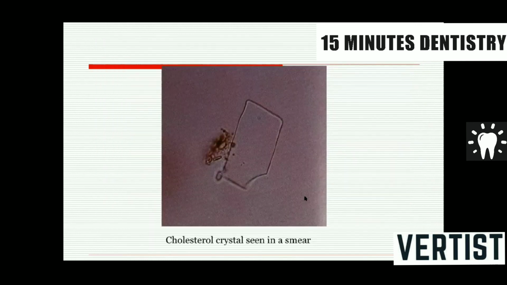In the cystic fluid, if we observe it against light, we can see some shimmering bodies, crystals. They are called cholesterol crystals. Cholesterol crystals are not a characteristic feature of radicular cyst, but they are found in radicular cyst. Wherever there is inflammation, these crystals are found. And the characteristic feature of these crystals is they have a notched border. One of the borders is notched.